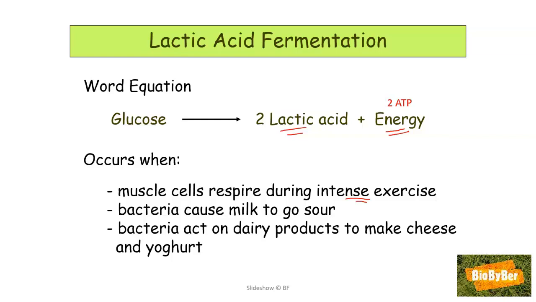During intense exercise, oxygen is in low supply, so the glucose will be broken down anaerobically into lactic acid. This lactic acid builds up in the muscle cells and is responsible for muscle soreness the next day. As time goes on, the lactic acid is taken to the liver where it is broken down